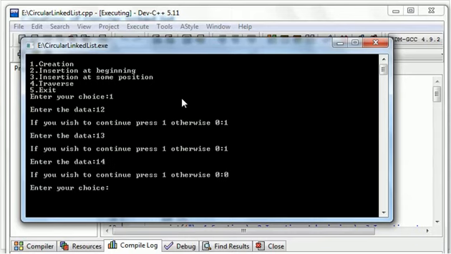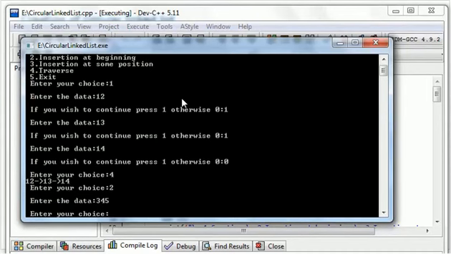So we just want to see what my list is. If I want to see the contents of my list, I'm selecting the 4th option, that is the traversal, and you can see that here I have got the list. So this is my linked list. So if I want to make additions in this list, let's say I want to add something in the beginning, it's further asking me what is the value that you want to add. Let's say 345 is my value that I want to add in the beginning.